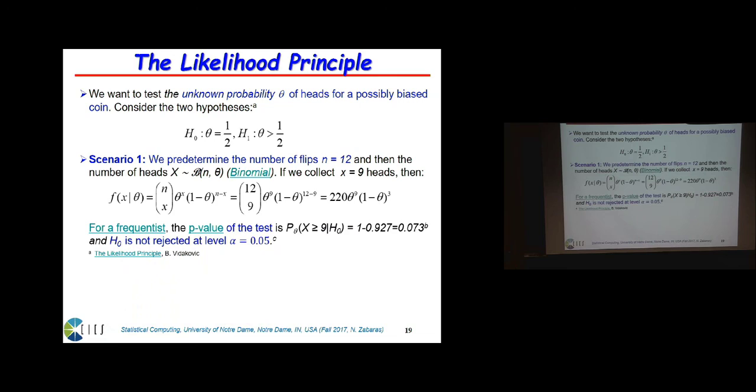All right. In non-Bayesian statistics, to decide if the coin is basically fair or not, you calculate the probability of observing data, in this case x equal to 9, but also extreme data, so for x greater or equal to 9. Okay? So in essence, you're going to have to sum this for x equal to 9 and x equal to 10 and 11 and 12. Okay? So this is what is called the p-value that people in non-Bayesian statistics compute. And in this case, the p-value comes to be below